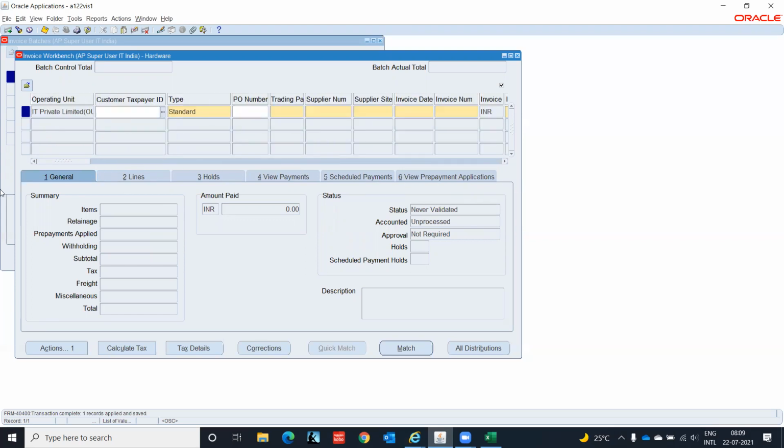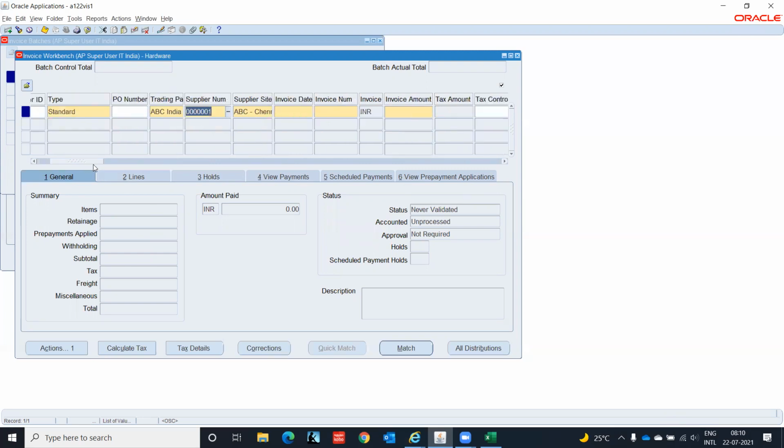This is the header level, which means you are going to enter the basic information of your invoices. Like who is the supplier? ABC. See, it is coming over here. What is the invoice date? Let's say 21st July 2021.